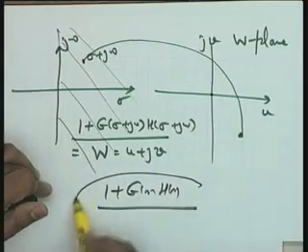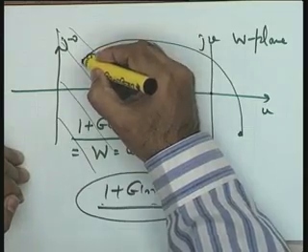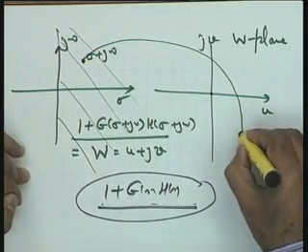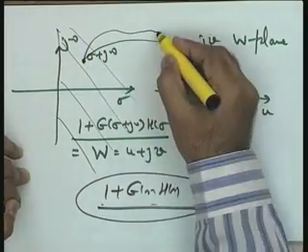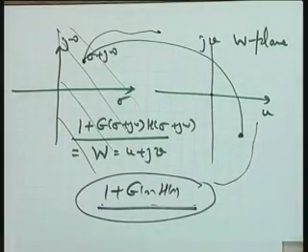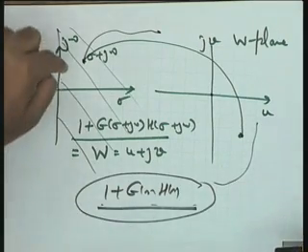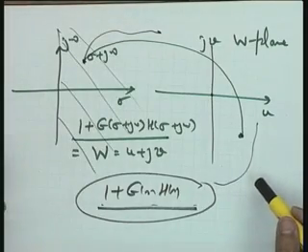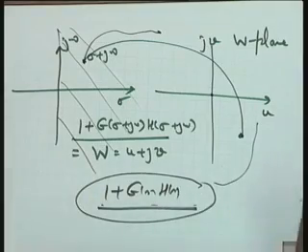So, I am going to consider the mapping 1 plus GSHS, and since every point maps to a point in the W plane, I need your attention here, I would like to say that any contour here, a contour being nothing but a connection of points, will surely give me a contour in the W plane, because there is a 1 to 1 mapping. Since there is a 1 to 1 mapping, a contour in the S plane, a connected graph in the S plane, will give me a contour or a connected graph in the W plane under the function 1 plus GSHS.